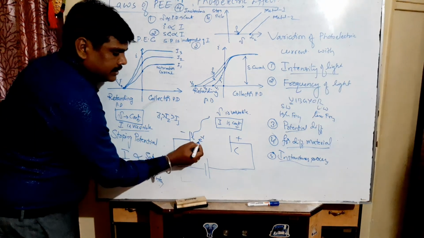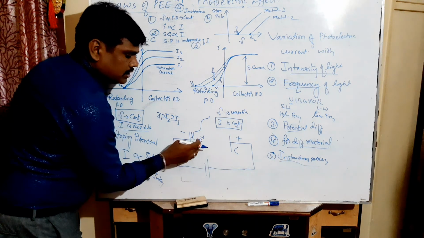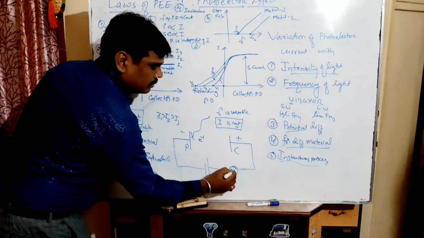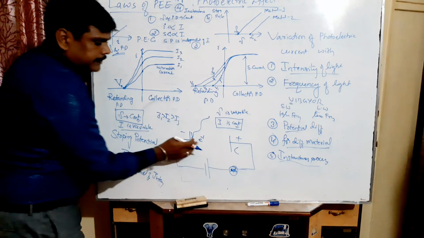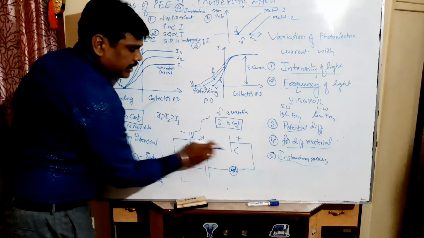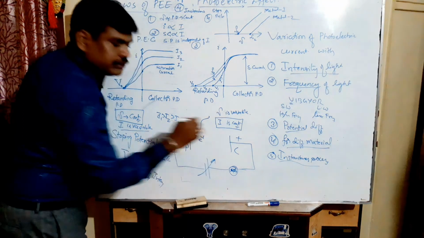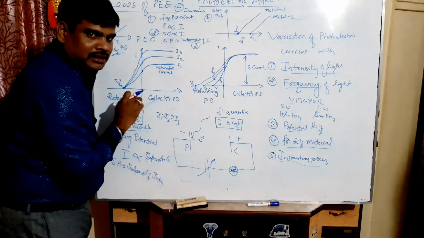These electrons can start moving from here to here. If this is 0, if they have sufficient energy to reach from here, they can reach, and there is a photoelectric current in the circuit, microamps. If this electron is not capable to reach from here to here, to move the electron from here to here, we have to supply a positive potential. So that potential is collector potential difference.